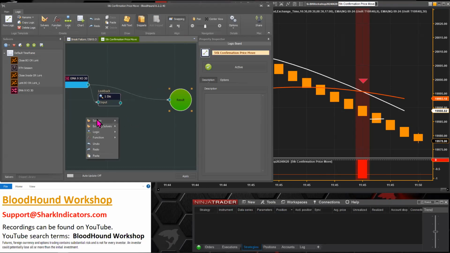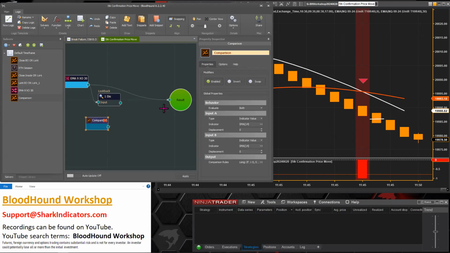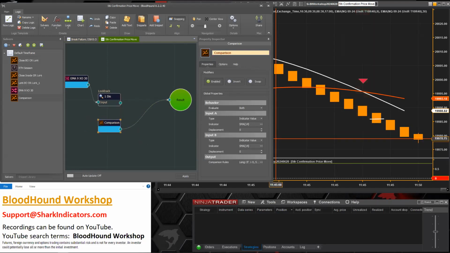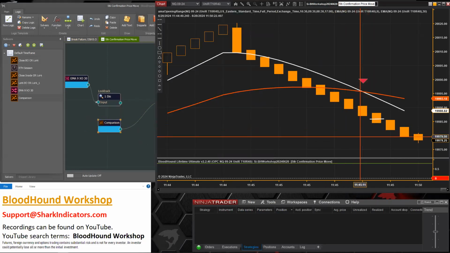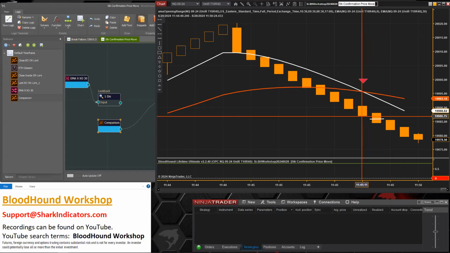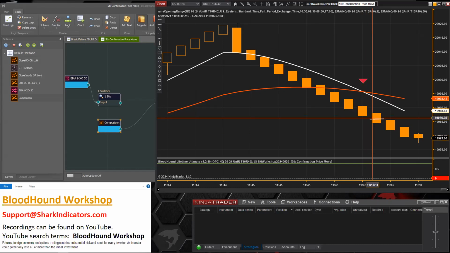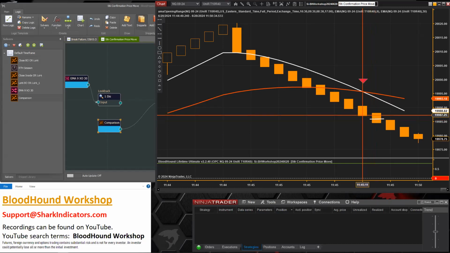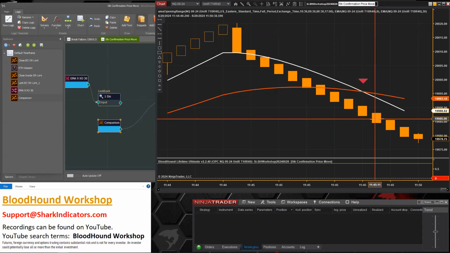So now we need a comparison solver, right? And we're comparing the close of the previous bar to 5 ticks offset from that close, right? And so we need the market